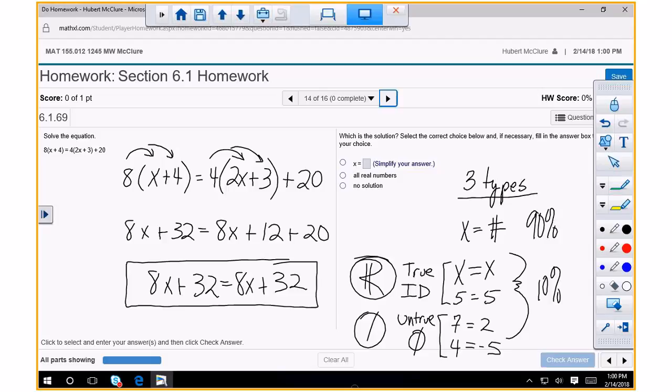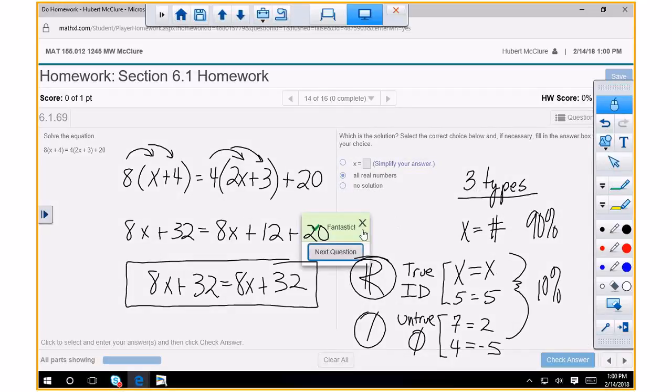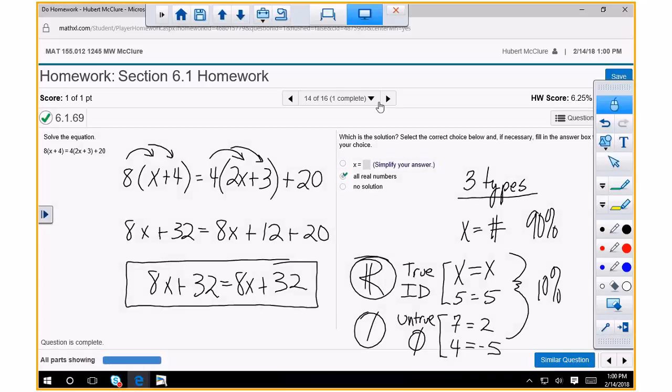So, is this a true statement or a false statement? It's true, because you got one side equal to the other side. If they're equal to each other and you haven't made a mistake, then the answer is all real numbers. So the answer here would be all real numbers. No matter what number you put in there, it's going to be correct. So you hit all real numbers, and you feel good about yourself. Like I said, only 10% of the time you get one of those questions. Most of the time it's going to be